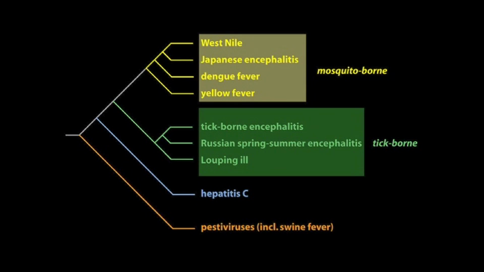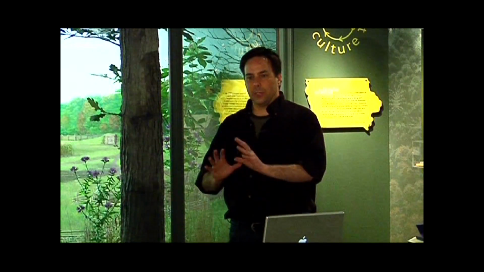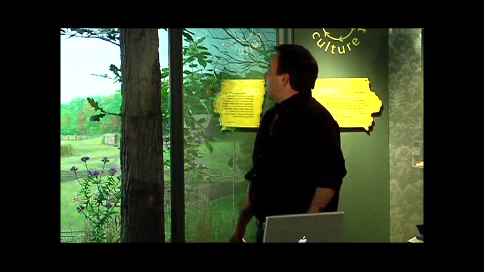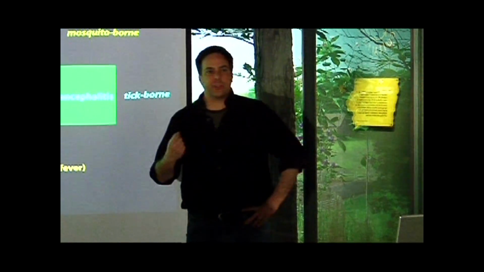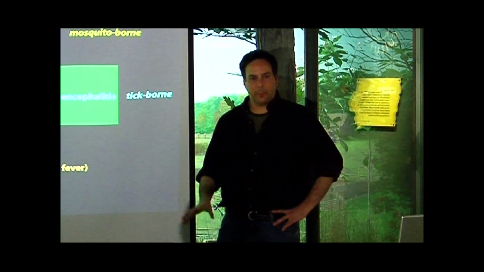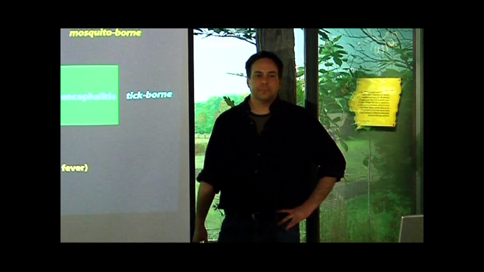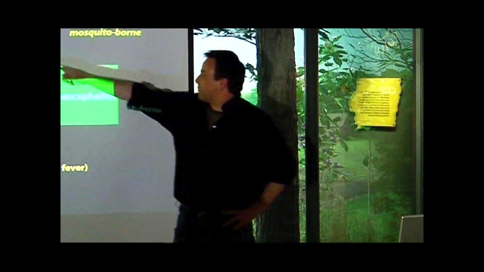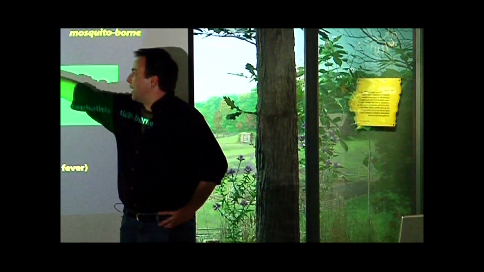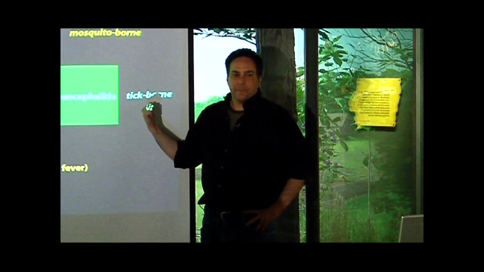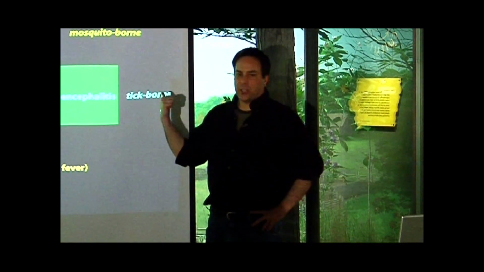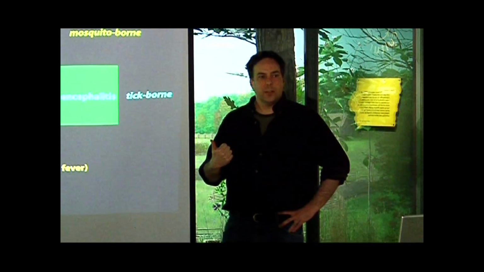Viruses and bacteria and other pathogens also evolve. And a lot of the characteristics that go along with them themselves evolve and are related to their ancestry. So for example, suppose I've got some sort of virus that I find and people are getting sick from it, I want to control it. If it's in this group here, if it's related to West Nile or dengue fever, trying to control ticks isn't going to do anything. Even if I've never actually found a mosquito carrying this virus, I would predict that it's